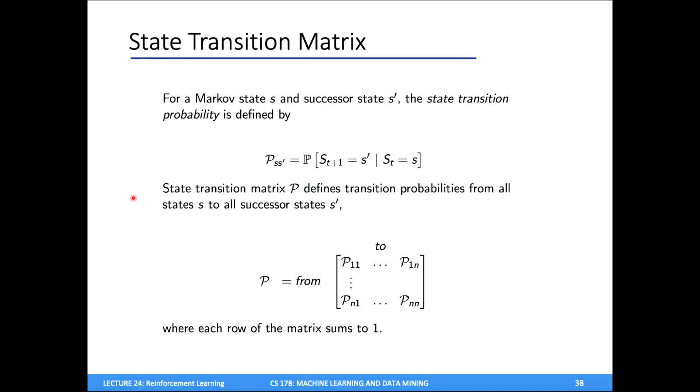So these state transition matrices, P, really tell us transition probabilities from whatever current state I might be in to whatever state I might be in the future. So it's an n by n matrix if I have n different states in my example. P sub 1, 1 is the probability that I'm currently in state 1 and I stay in state 1. P sub 1n is the probability that I'm currently in state 1 and I end up in state n after one step. Of course, each row of this matrix needs to sum to 1 because they're probability distributions.